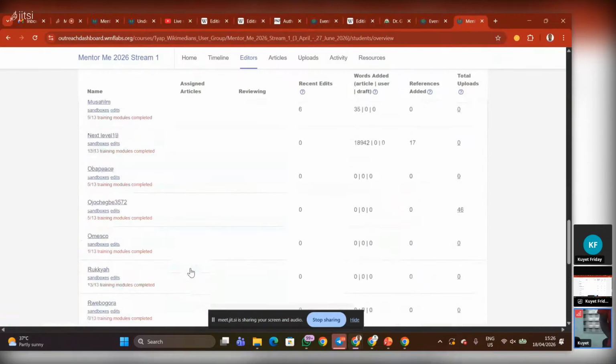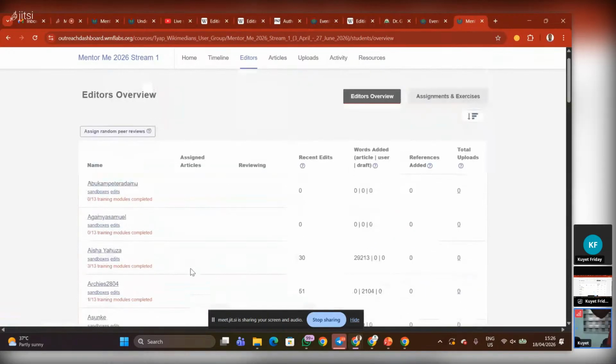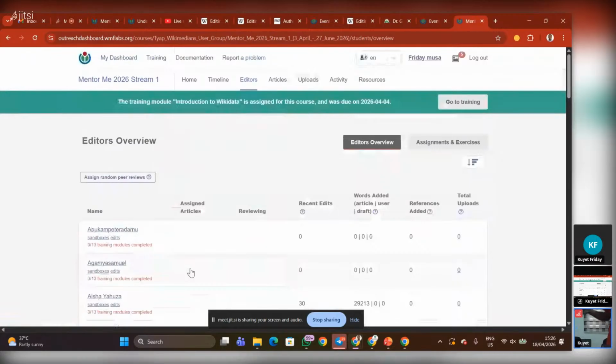Now, if you look at some people, you see some are wearing shirts, while some are not. You know why? Because those people have completed their assignment. All of these people have completed their assignment. That one still remains, but because she's our guest today, she had to appear in color. So all of us, if we complete before next session,